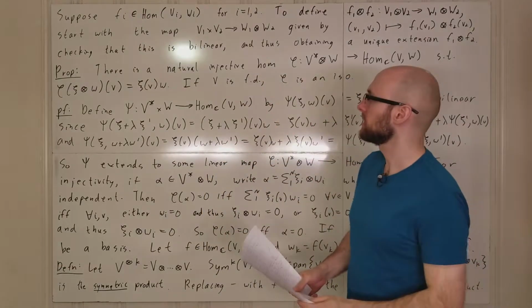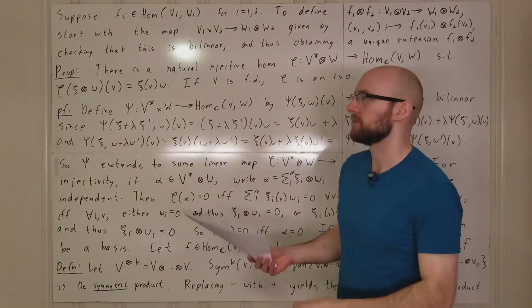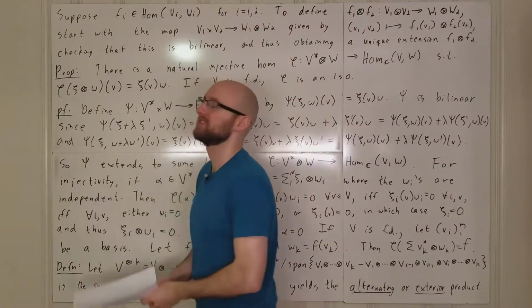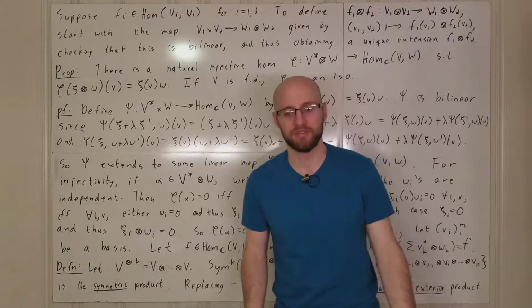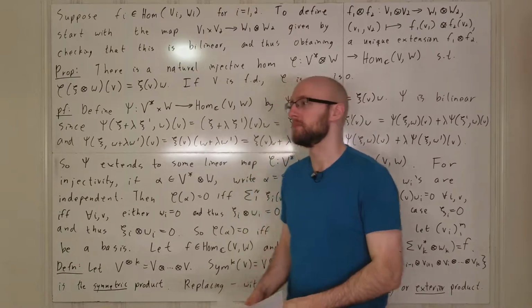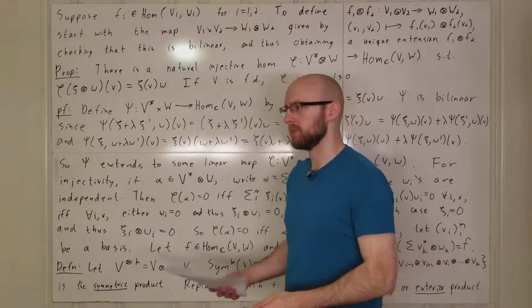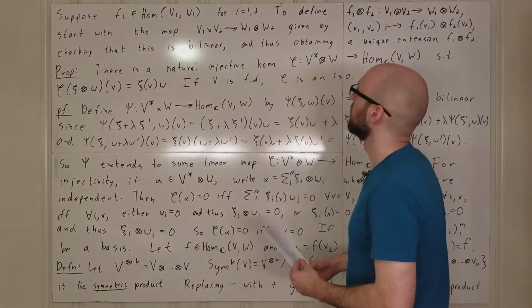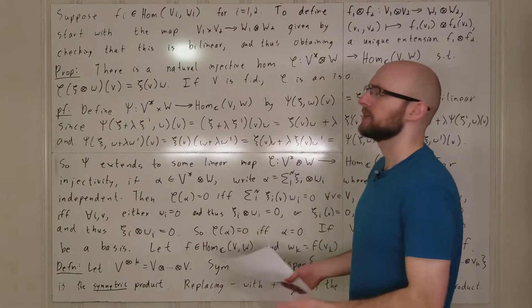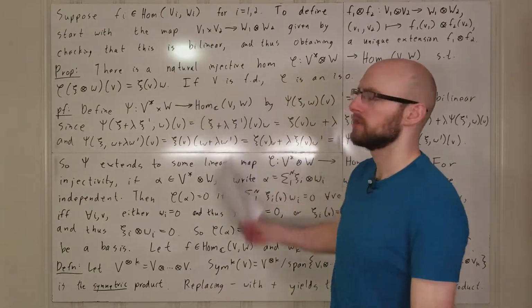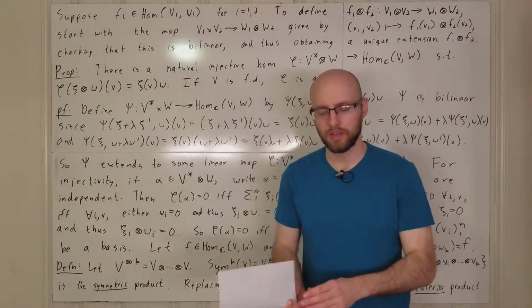Alright, let's finish talking about vector spaces so that we can move on to some actual representation theory. So I guess I shouldn't say let's stop talking about vector spaces. I mean, let's wrap up our review of some of the preliminary material. So anyways, we talked about tensor products, and it turns out just like we could take direct sums